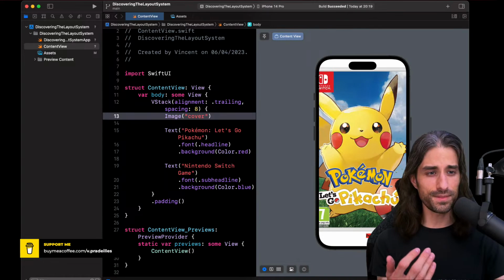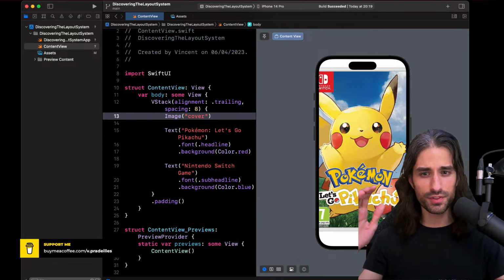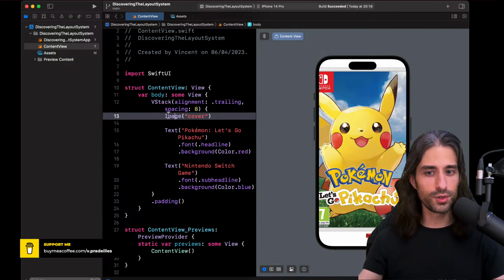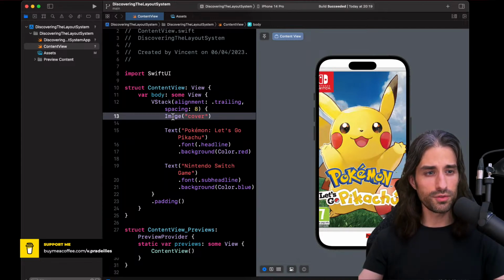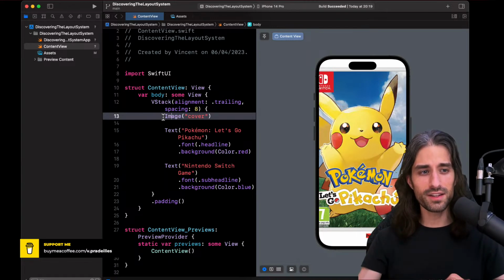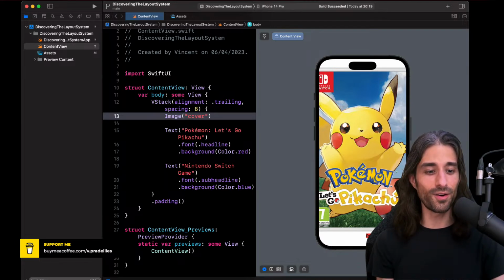The reason why I wanted to show this is to highlight how SwiftUI's layout system works. The reasoning behind it is that when you put a child view inside a parent view, like the image in the VStack or the text in the VStack, the parent view, so the VStack, will propose to the child view a size that it can occupy, so the available size. But the child is absolutely free to use it or to refuse it and to ask for more. And this is what is happening right now.